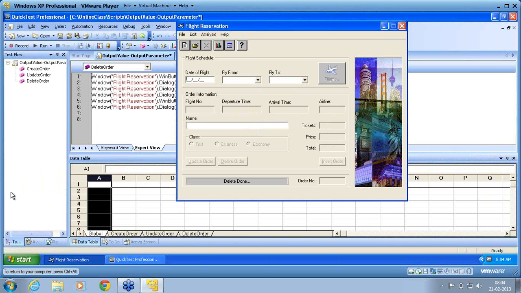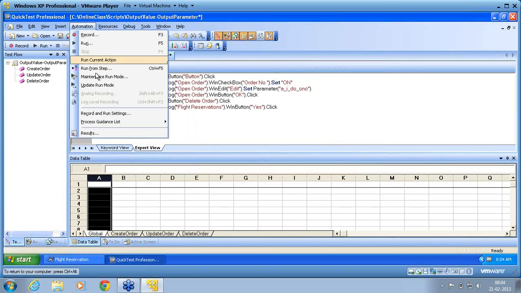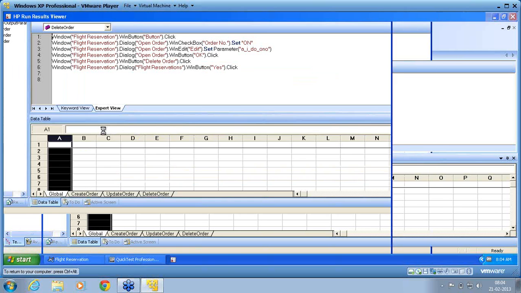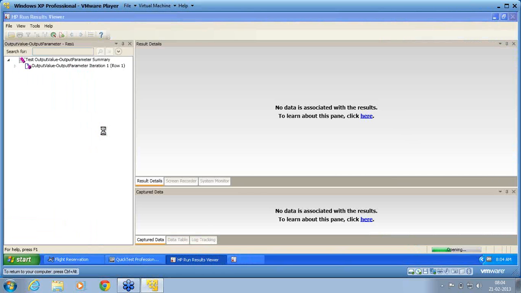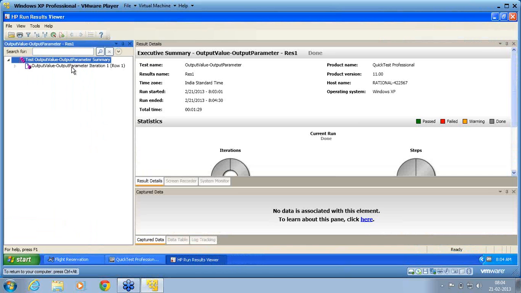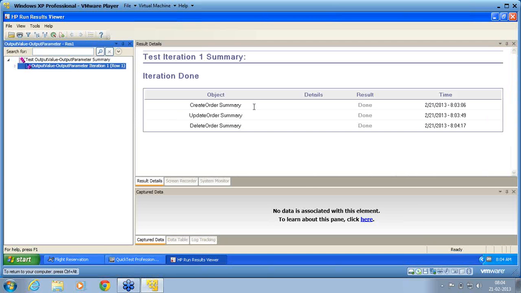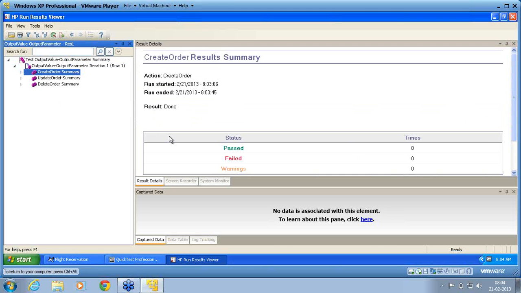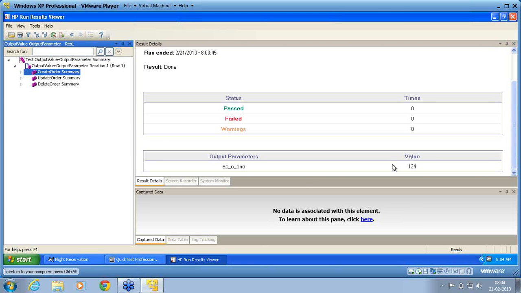I want to see the result. Automation, result window, the previous run result will appear here. In this, if I select the output value parameters, you can now see that inside, if I go inside create order, you can see inside this, the ACO number is assigned with the value 134, and in update order, it